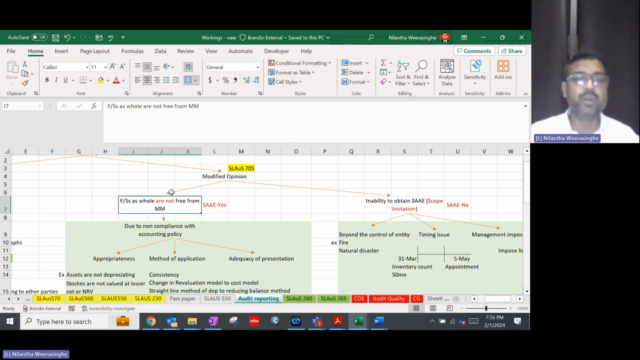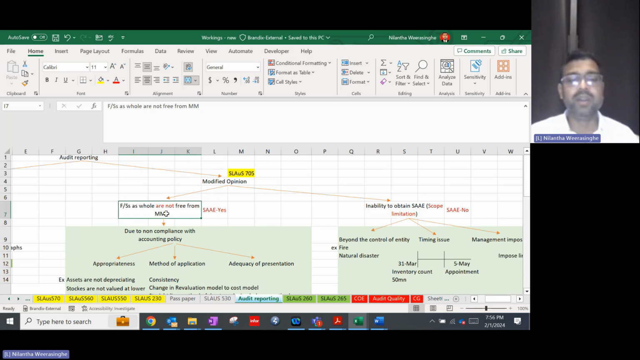That is one reason for you to give a modified opinion. So I explained only one reason. The short answer is that there is non-compliance with accounting standards. In other words, non-compliance with accounting policy. Second one,